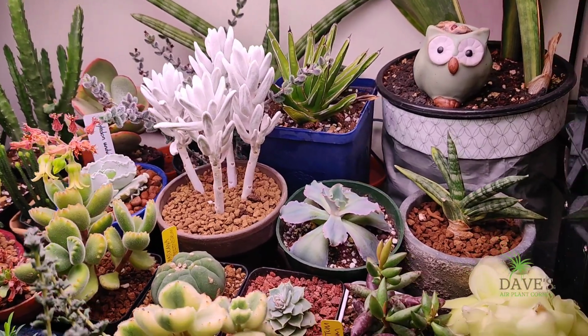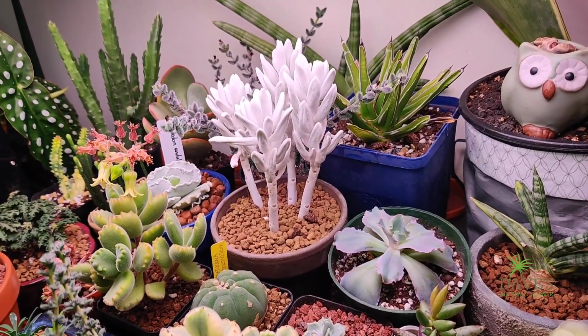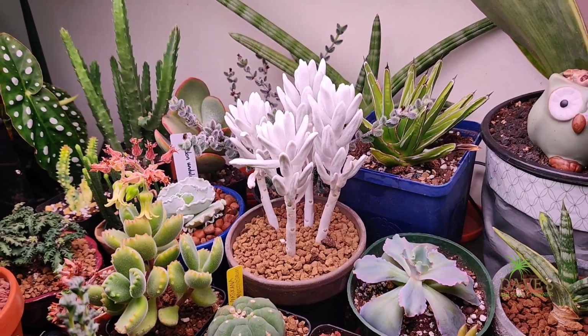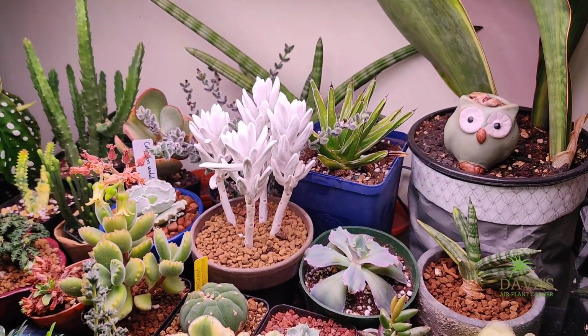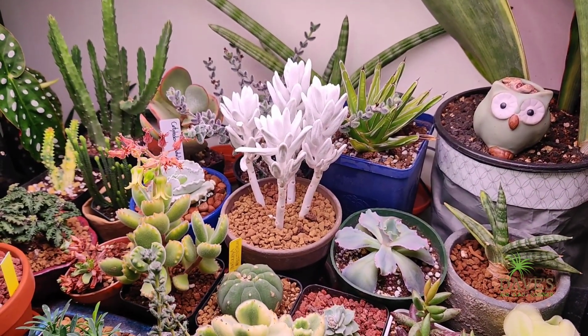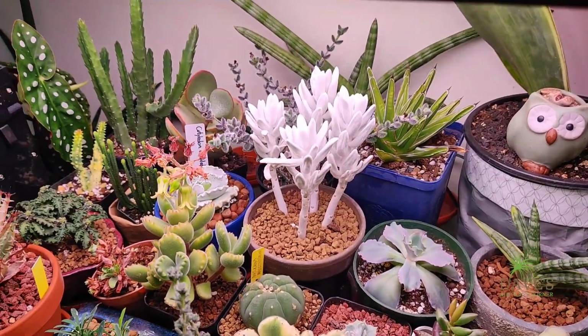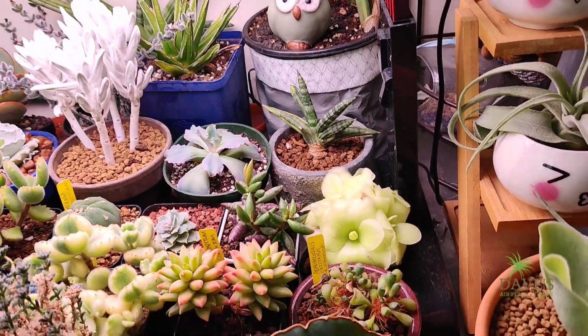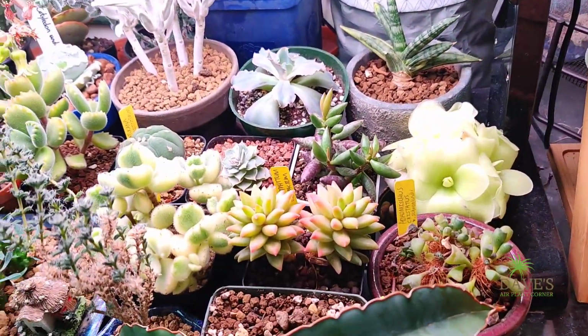is not doing too well after repotting. So I am thinking to chop it off and redo it, perhaps, and see how they do. But it's not doing very well after I repotted it. So, some more succulents